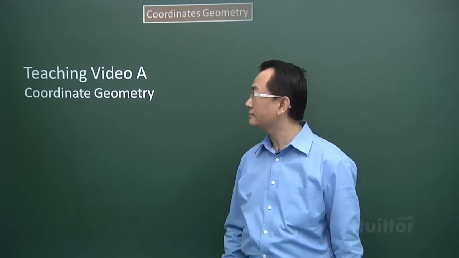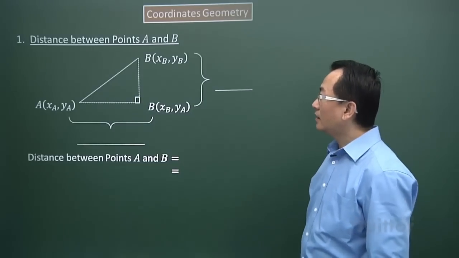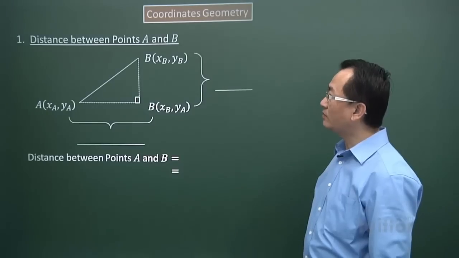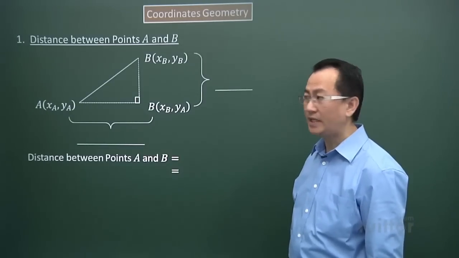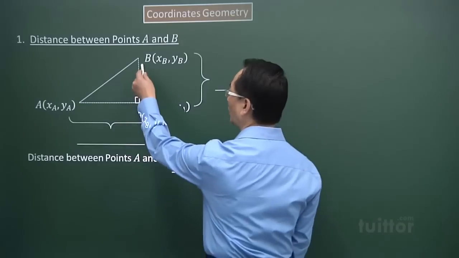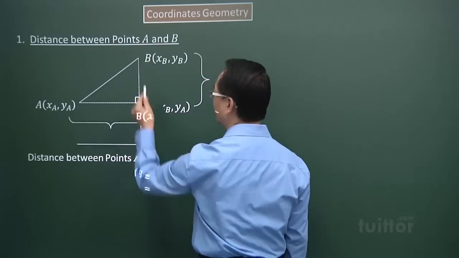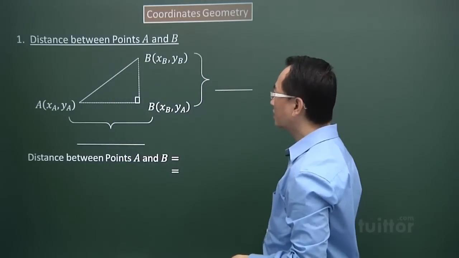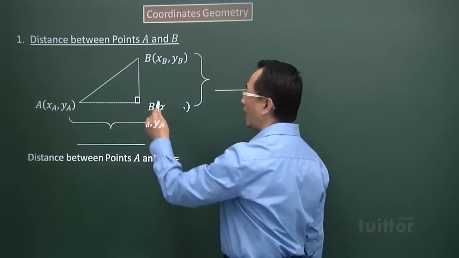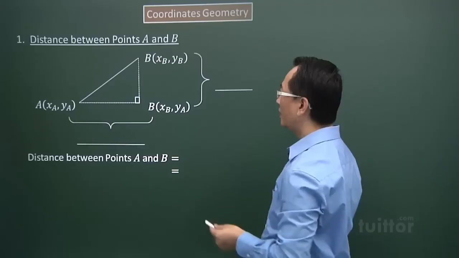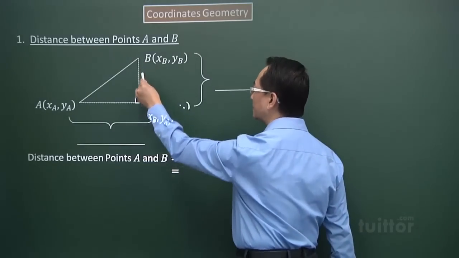We're now looking at a teaching video on coordinate geometry. Point 1, if we're looking at the distance between point A and point B, we are looking at the straight line distance between A and B. So for a start, if a right angle triangle can be drawn, then the vertical distance,